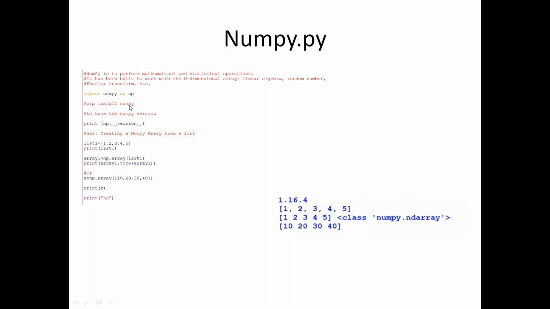So first you need to install it in the command prompt, then import it into your Python script. So import numpy as np, and before that, pip install numpy has to be done. When I'm typing, I just type directly because it is already installed. So my first step is pip install numpy. The second step is import numpy as np. I just took the alias name as np. Now when you check the version, you can see the version name.